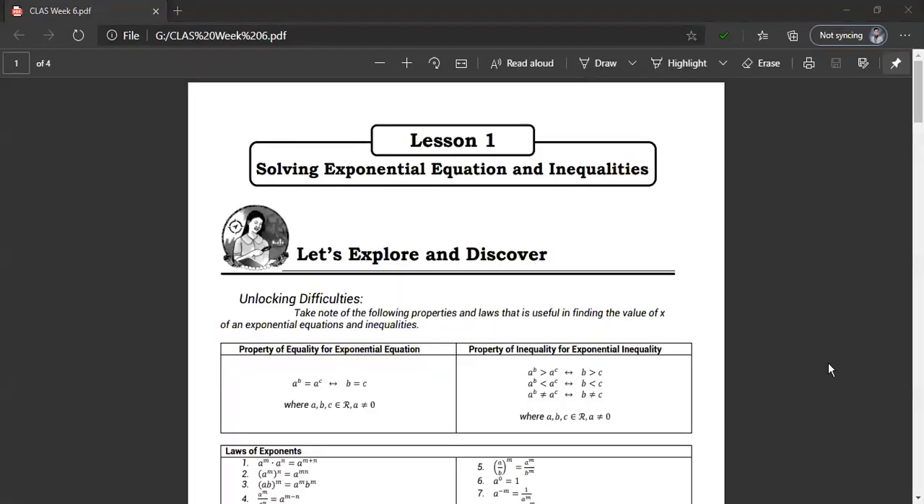Okay, so good morning, grade 11, Edison and Rutherford. Sorry for keeping you waiting. Ayan, nag-update kasi yung laptop at saka yung Zoom, kaya doon nakapasok agad. Well, anyway,